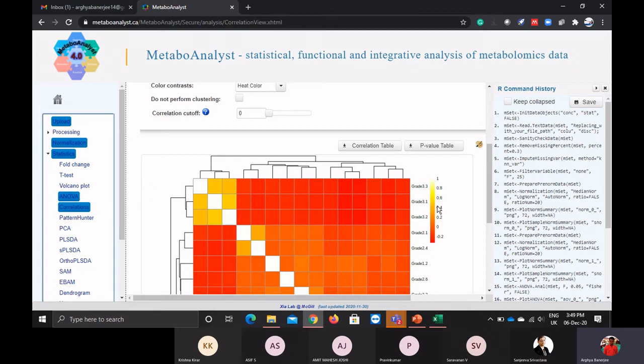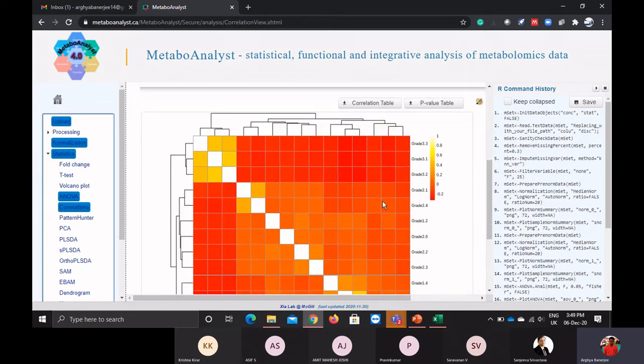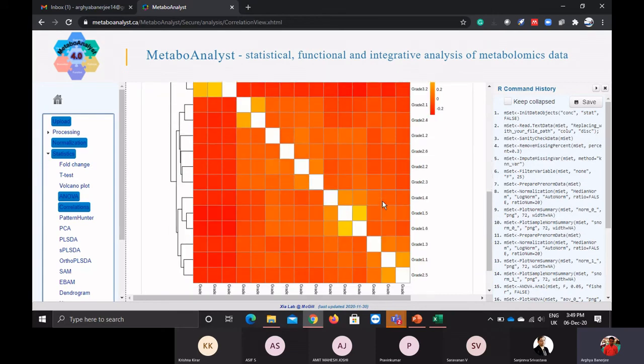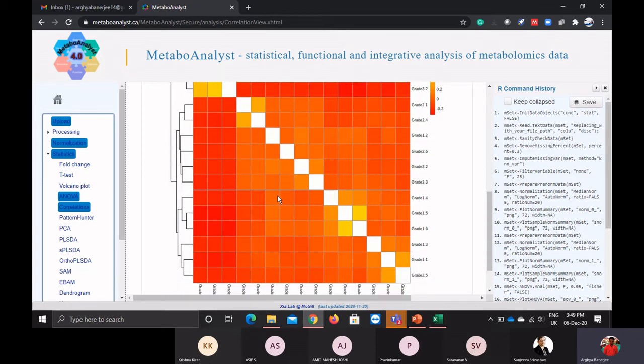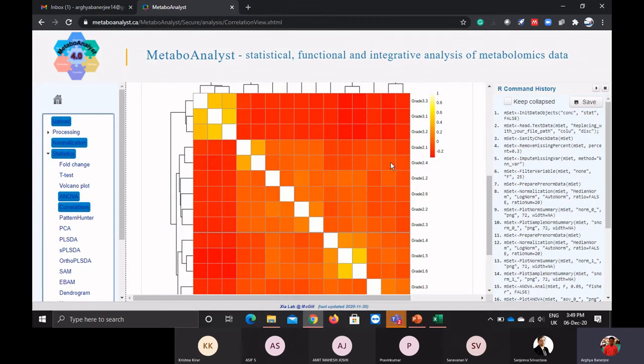If it is having more than 0.6 or 0.5, then only it is significant. Otherwise, you have to discard that individual, or that individual is not good. Or else it may be negatively correlated. This group of cohort, like group 3, is behaving totally different from group 2 or group 1. Then what you have to do is an individual cohort correlation, like how does my group 3 behave individually.